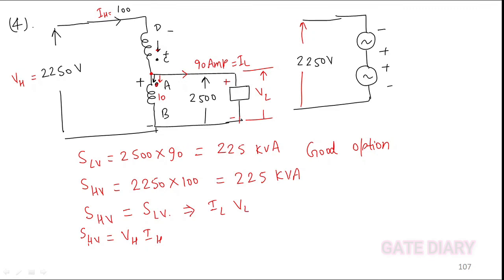So you can say V_H I_H equal to V_L I_L. So V_H by V_L